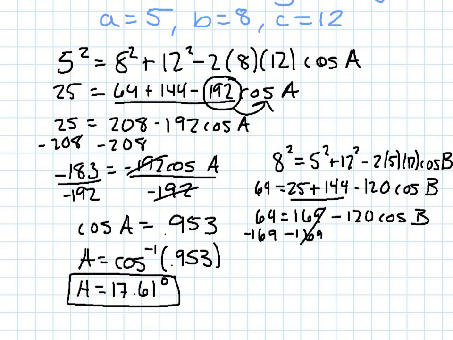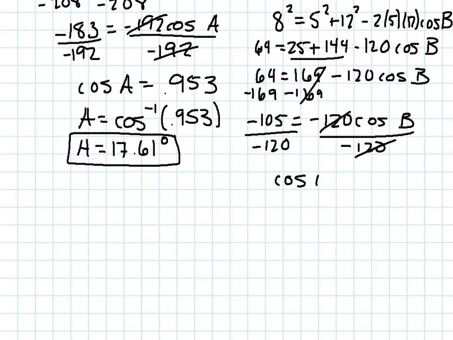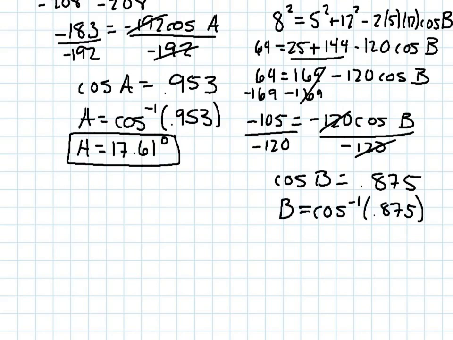So then 64 minus that gives me negative 105. Then I want to divide both sides by a negative 120. So cosine of B will equal 0.875. So the inverse of cosine